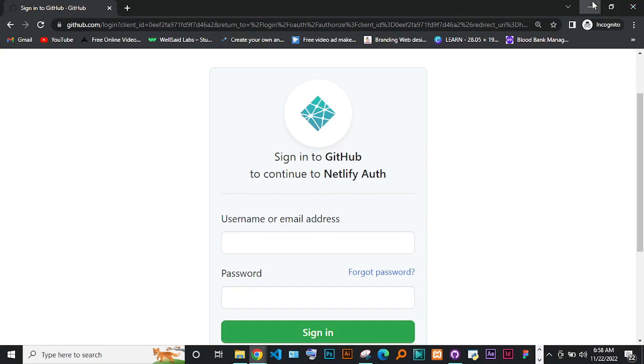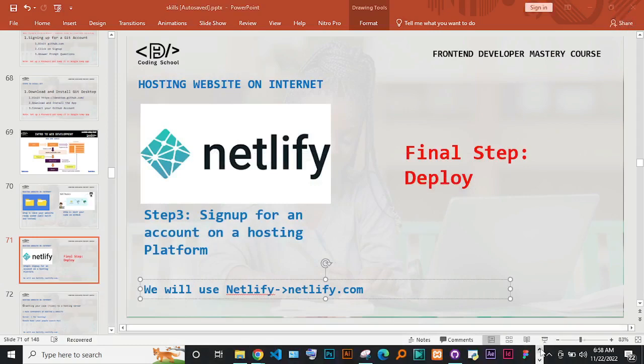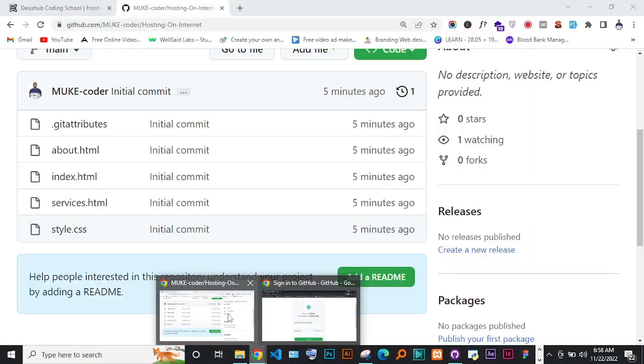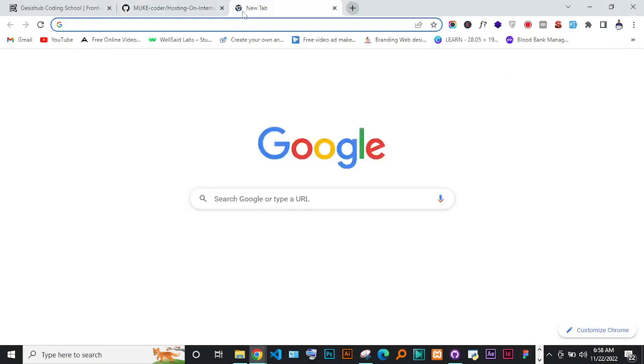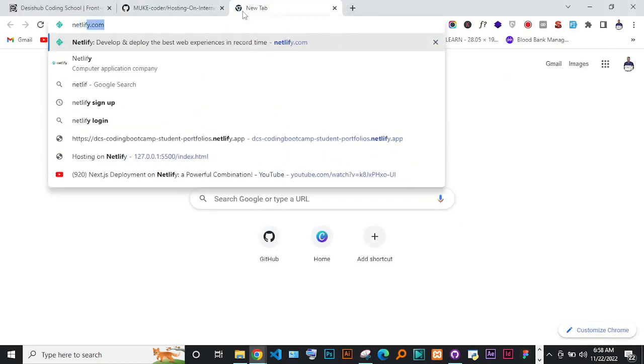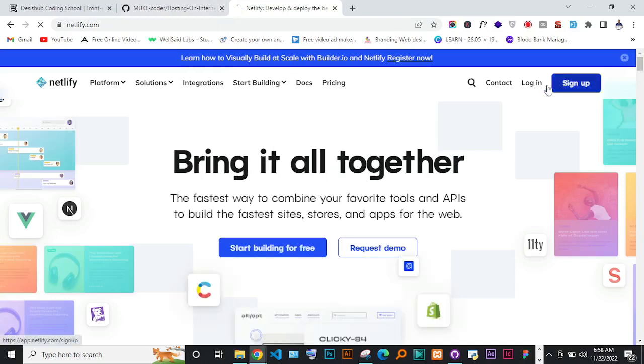Okay, so now let me just go to my Netlify account. I'm just going to go to Netlify, and if you don't have a Netlify account, that is also great. I'm just going to click on login and log in to my Netlify account. So at this point, try to create an account with Netlify, and when you reach that page where they say deploy your first project,